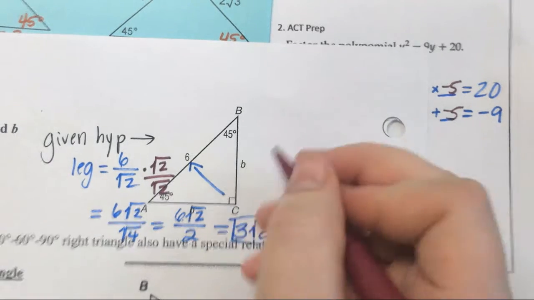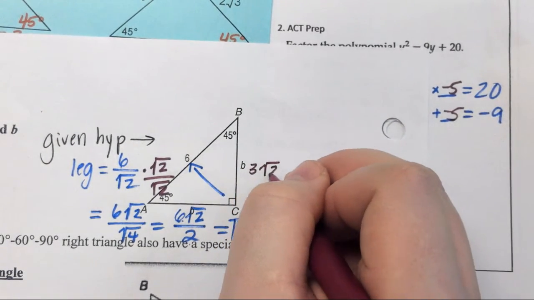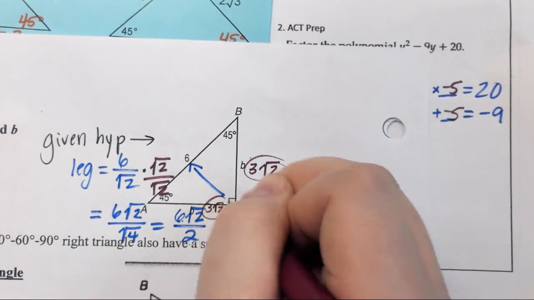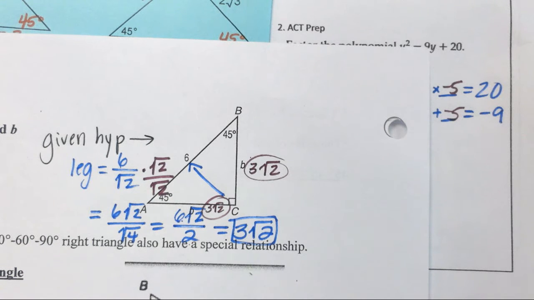So for both legs, the answer is 3 square roots of 2. And for this leg, it's 3 square roots of 2. Are there any questions about this? I could do 1,000 more, but let's face it. Either you're kind of getting it or you're not, and you need to talk to somebody. Okay, I have a